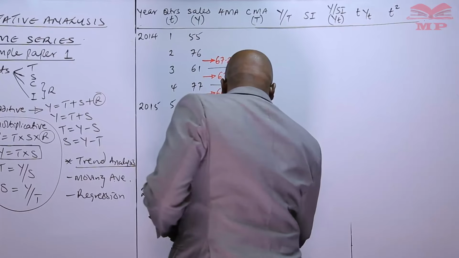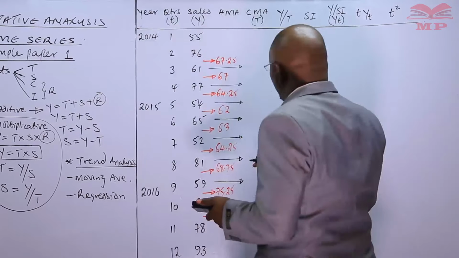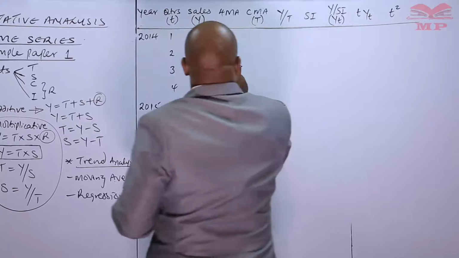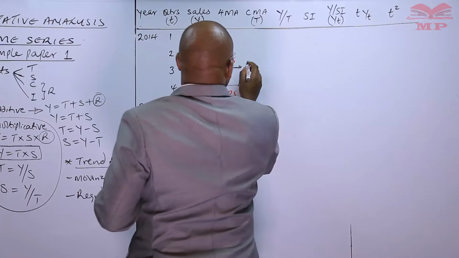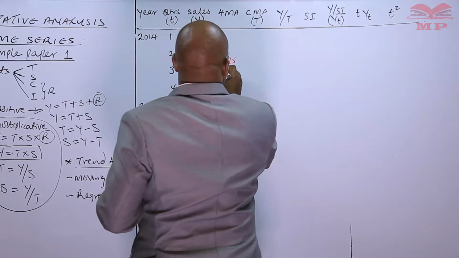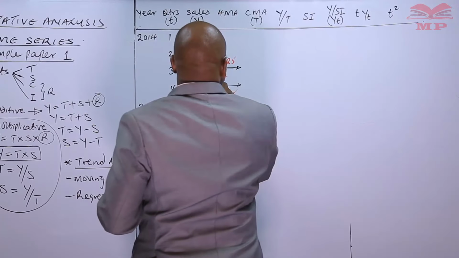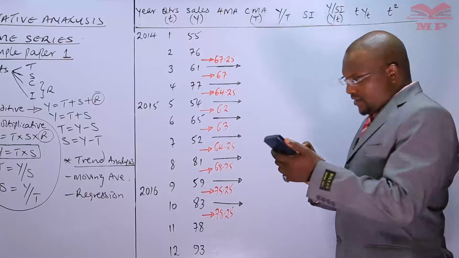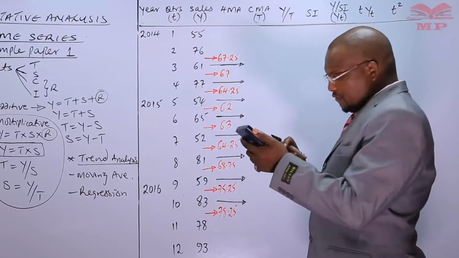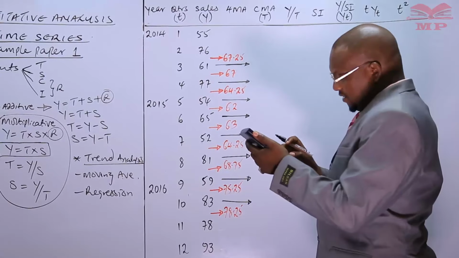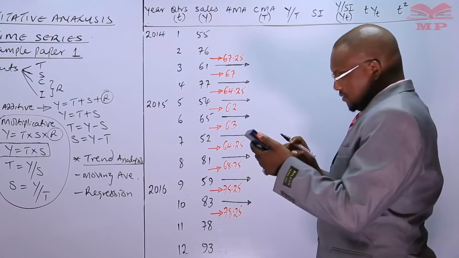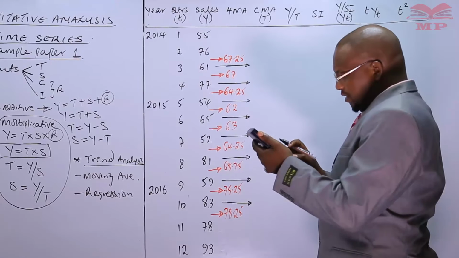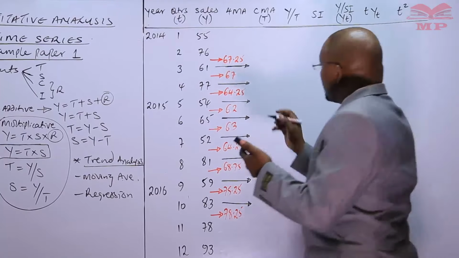So I'll be having 67.25 plus 67. Then I divide by 2. This now will be